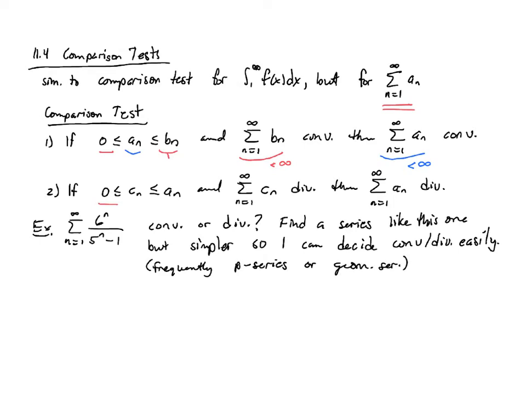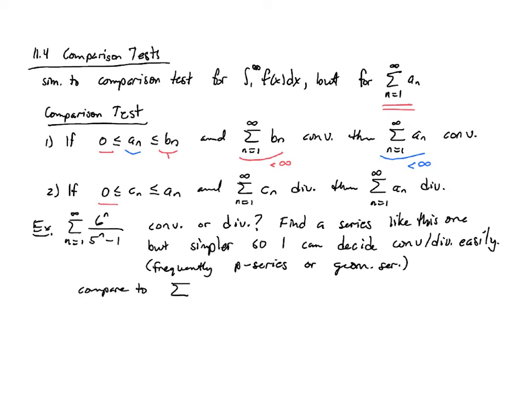And to me, if you look at this one, it looks like it really wants to be 6 to the n over 5 to the n. And that minus 1 as n gets larger and larger is contributing less and less to the terms of the series. So I'm going to compare this to